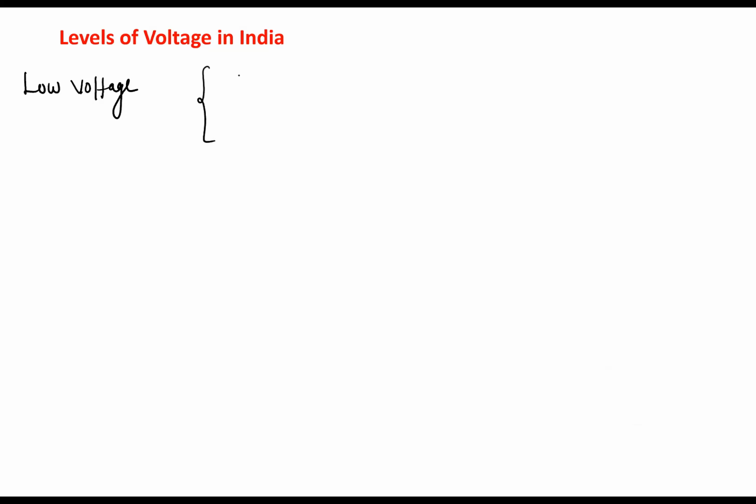6.6, 230 volt, phase to neutral, RMS voltage. Where will I get this low voltage? In the 3-pin plug point in my house. This is the lowest voltage we'll get in this household.